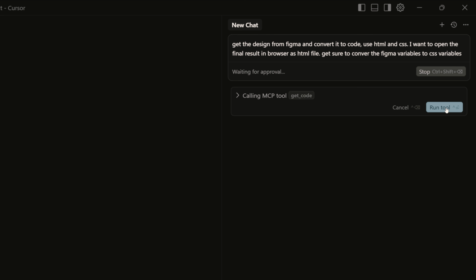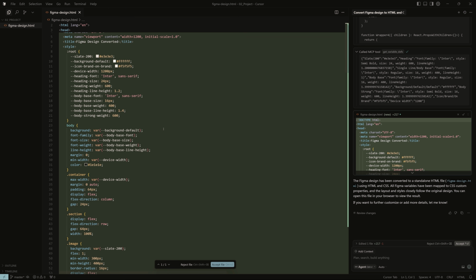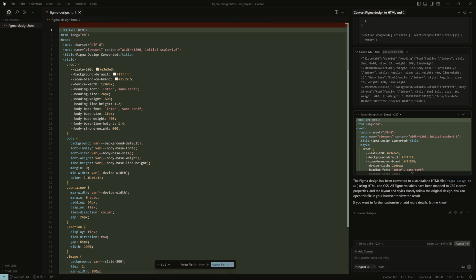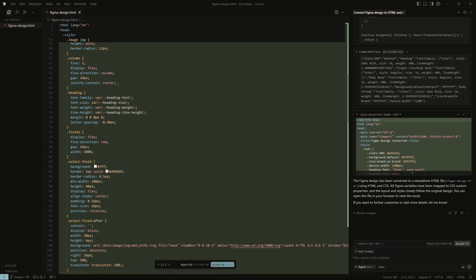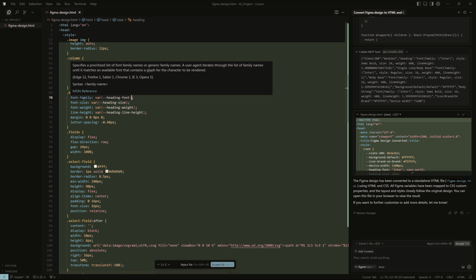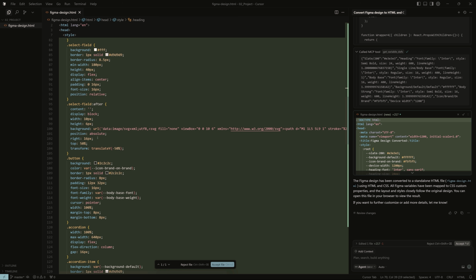Okay, it's calling the MCP tool again. So when the process is ready, I already see one HTML file which has also integrated CSS styling within it. And I immediately see some variables have been used here, for example, the font family type for heading or the other stuff.